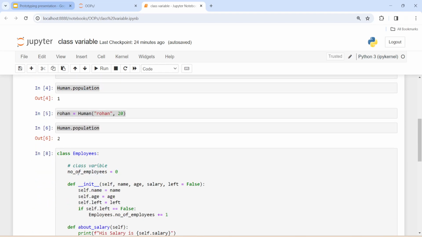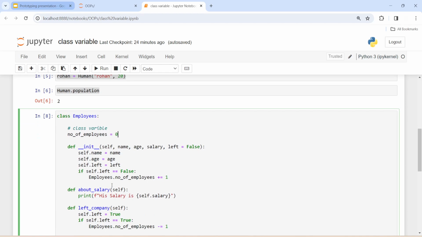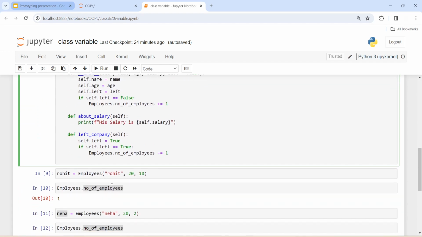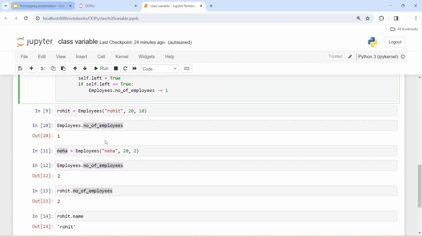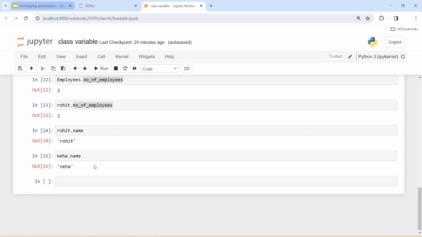And the number of employees: how do we define it? We are not defining it in any method. It actually belongs to the class. Here you can pass anything. So this is how you define a class variable. So I think you understood